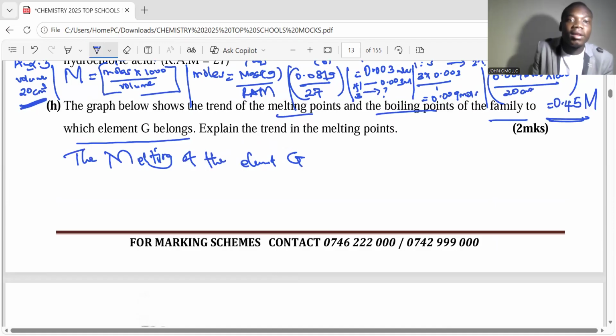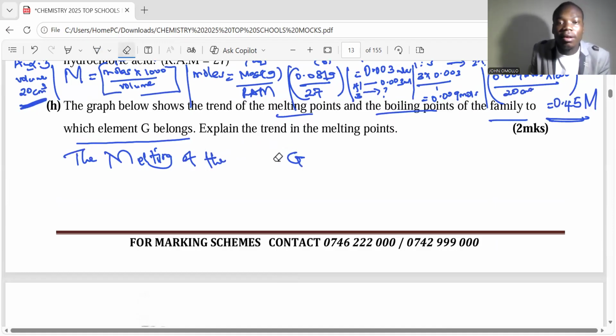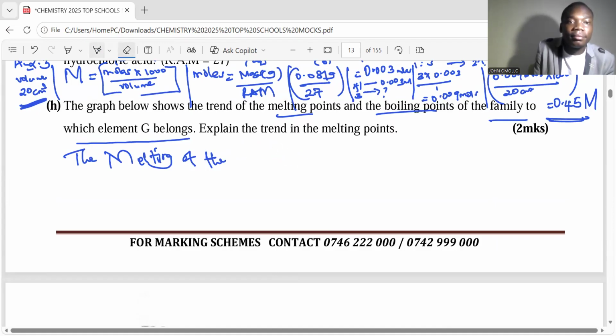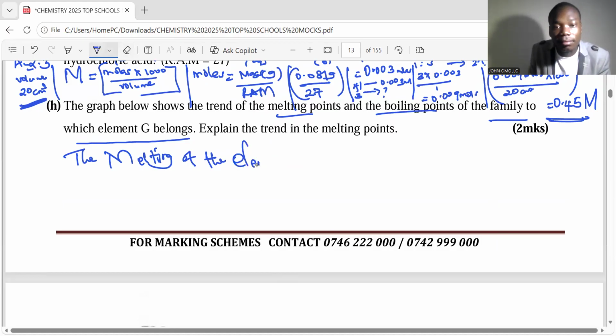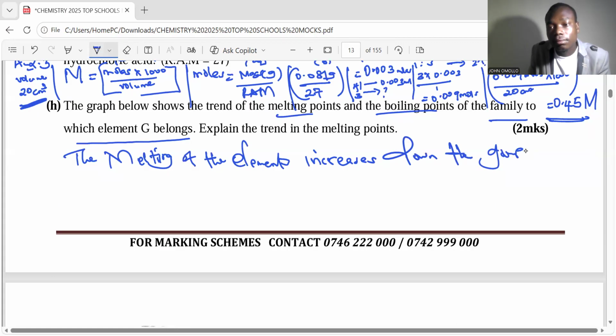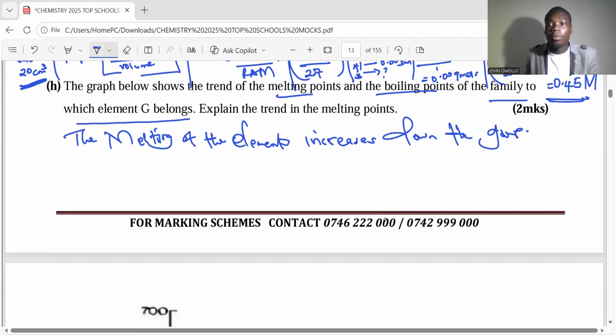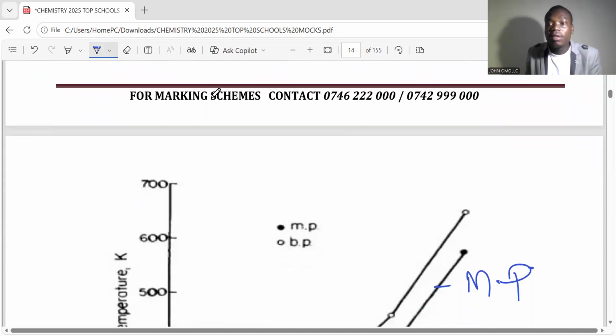Oh, not G. The melting point, so just say of the elements, of the elements increases down the group. What happens down the group? Now, then down the group,